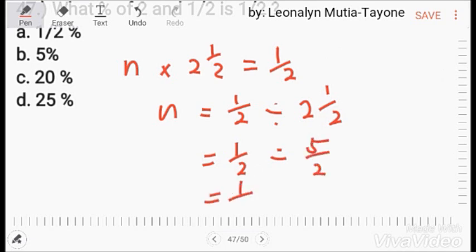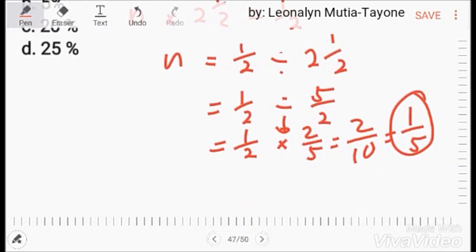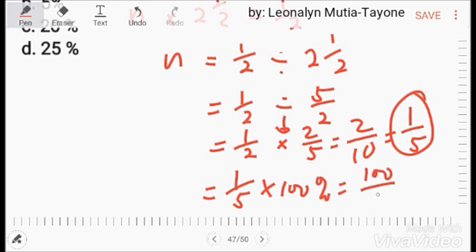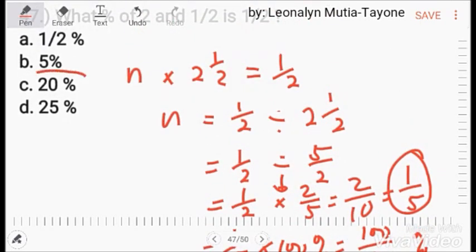So, 1/2, ang division maging multiplication, 2 over 5, that is 2 over 10 or 1/5. Itong 1/5 na to, gawin nating percent si 1/5. So, mag-multiply tayo ng 100%. So, that is 100 over 5% or 20%. So the answer is letter